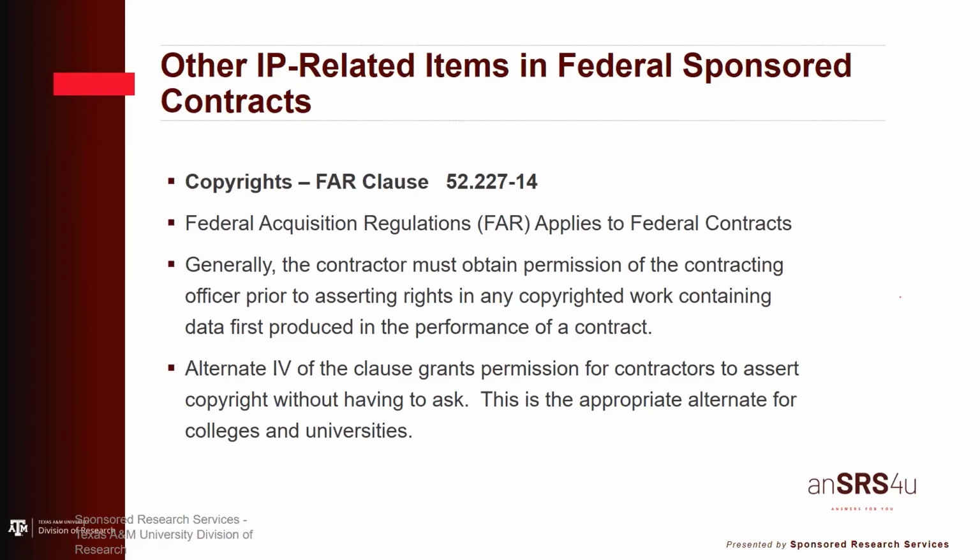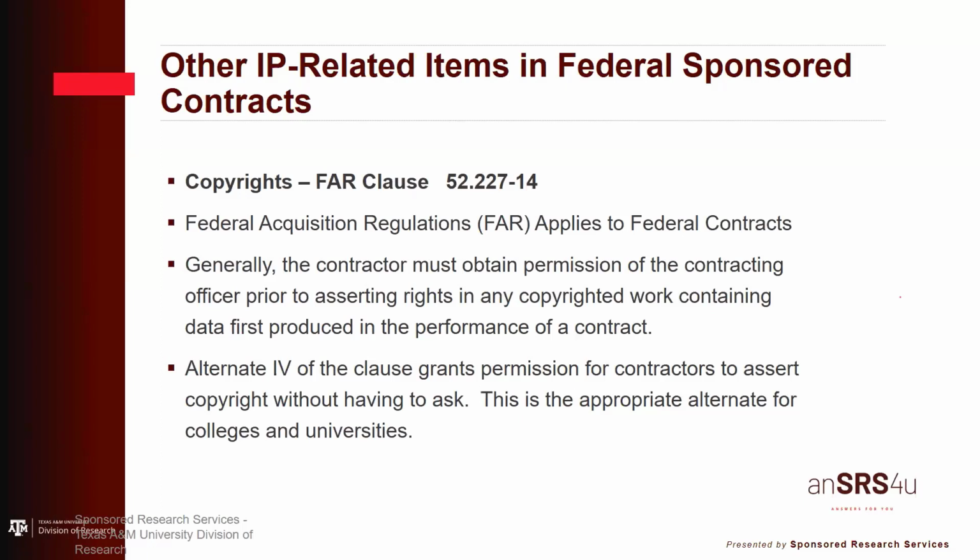And the FAR clause that actually has the most bearing in this situation is FAR clause 52.227-14. This covers ownership and regulations with regard to data that's produced in the performance of the contract. And generally, under this FAR, the contractor must obtain permission from the contracting officer at the federal agency before we would assert copyrights in this data that's produced in the performance of the contract. However,